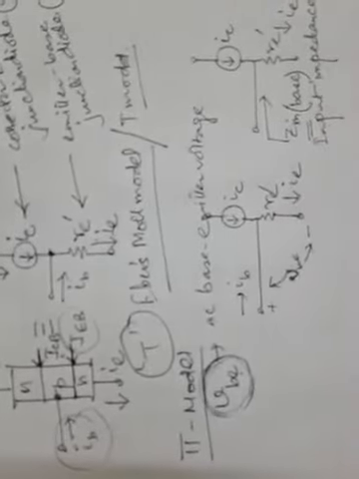You can see that this VBE is replaced by an input impedance at the base, as if this VBE will be supplying current to the input impedance, which is treated here as a load at the BJT amplifier or the transistor amplifier, and that load is driven by this input AC source, and because of that this IB current will be flowing.